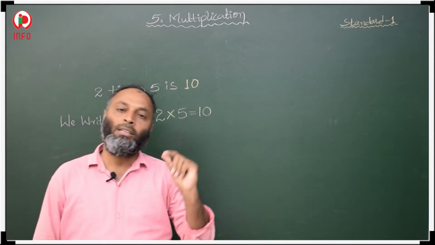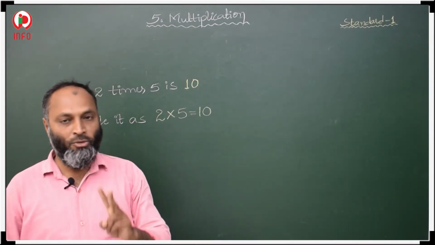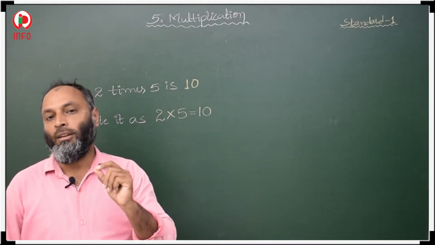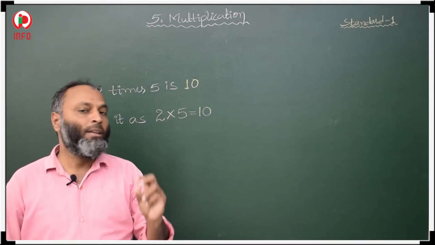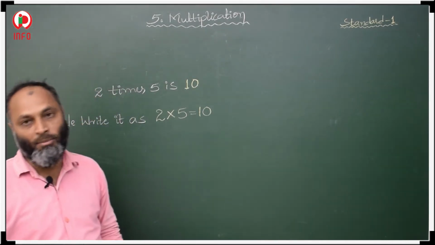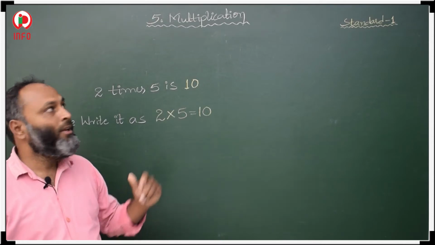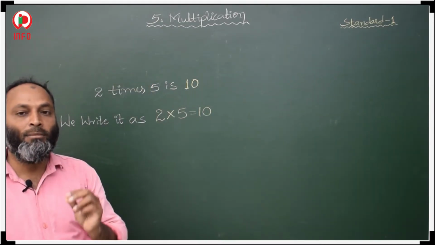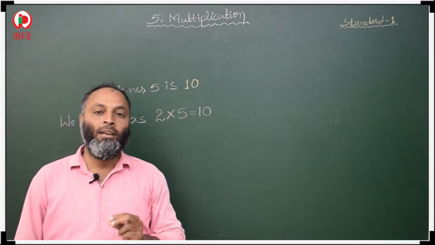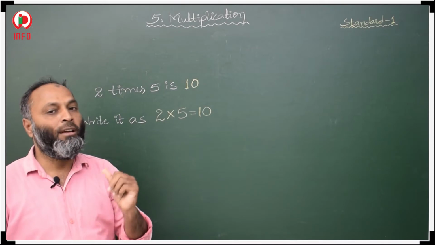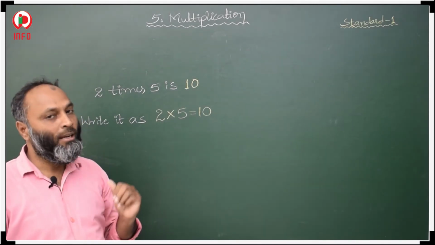So we learned addition, subtraction, and previously we learned numbers 1 to 50, and after that addition, and after that subtraction. So, we learned that in first semester. Next, in second semester, our topic is multiplication. Multiplication is nothing but repeated addition. Whenever repeated addition is there, we apply multiplication.